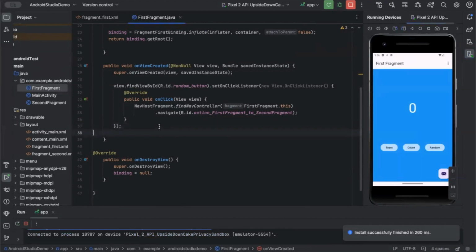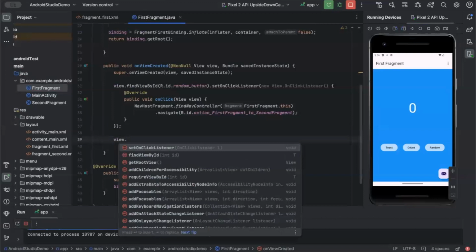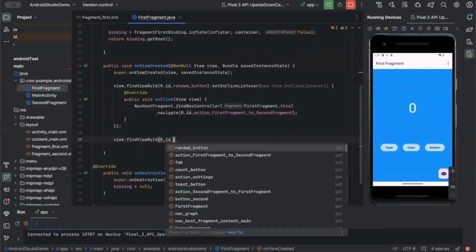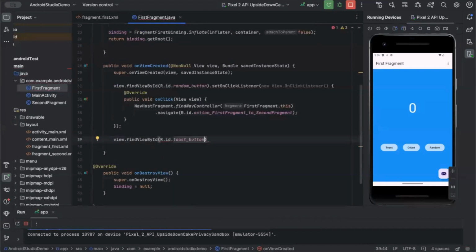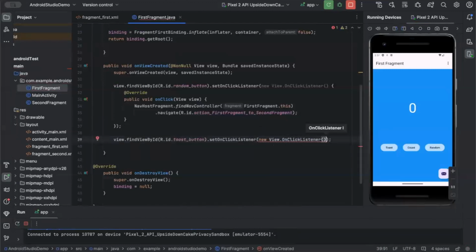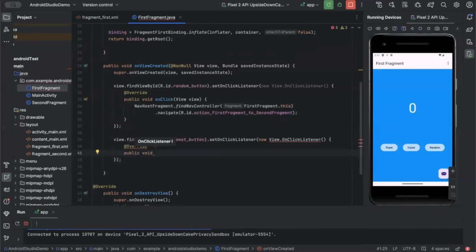So that's good. Now we are going to add the on-click listener for our toast button. So this is going to look really similar to what we just wrote. View.findViewById, but this time we're going to write r.id.toast_button, and then .setOnClickListener, new view.OnClickListener, and then again we're going to override the default of the method that we're about to write. Public void onClick